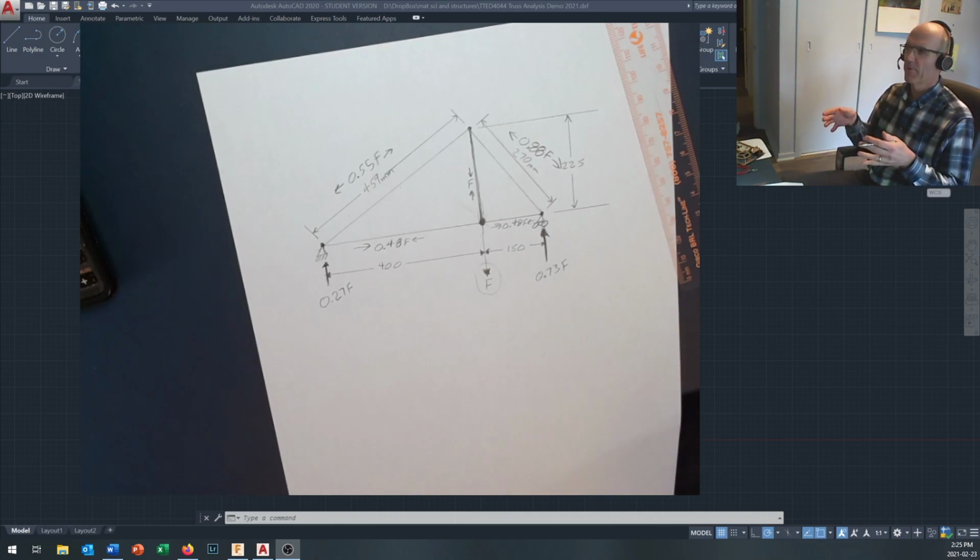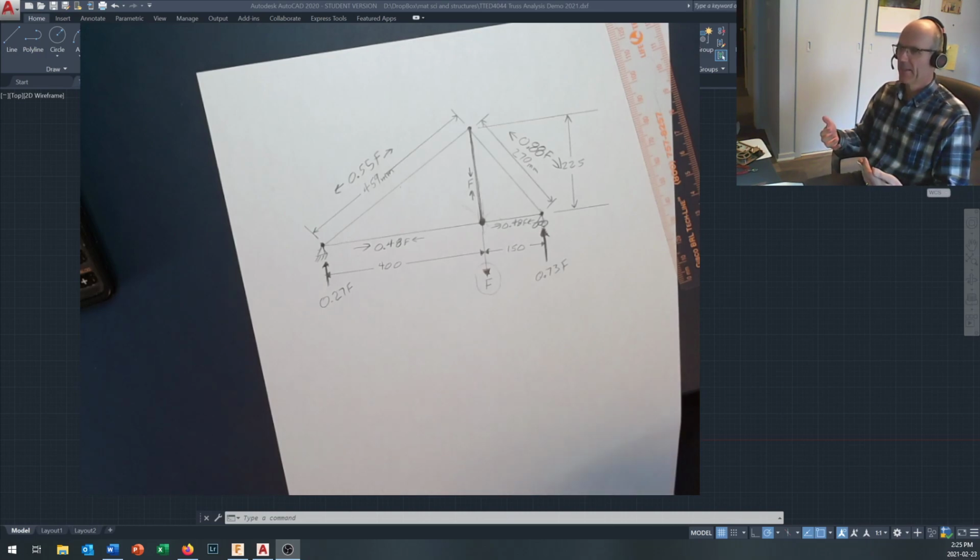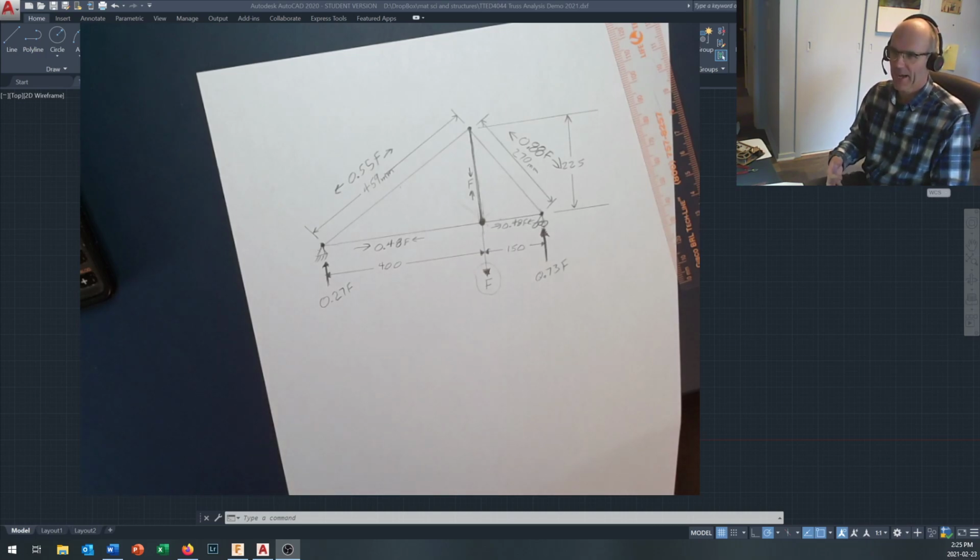Now, these are simple hand calculations, but they're important to do, and it's important to think about this before you send the problem over to the computer, because it's entirely possible to put the wrong numbers into the computer or to put something into the computer that doesn't make sense. And if you don't have a prediction or an understanding of the data that you should be getting back from the computer, you're not going to be able to catch the mistake. The computer can pull a fast one on you if you're not careful. So